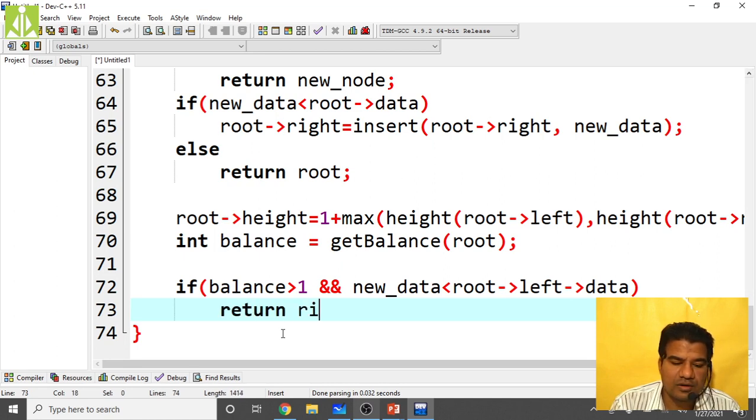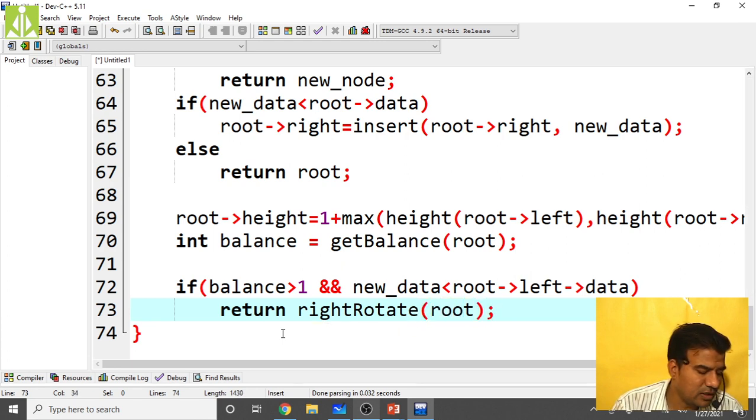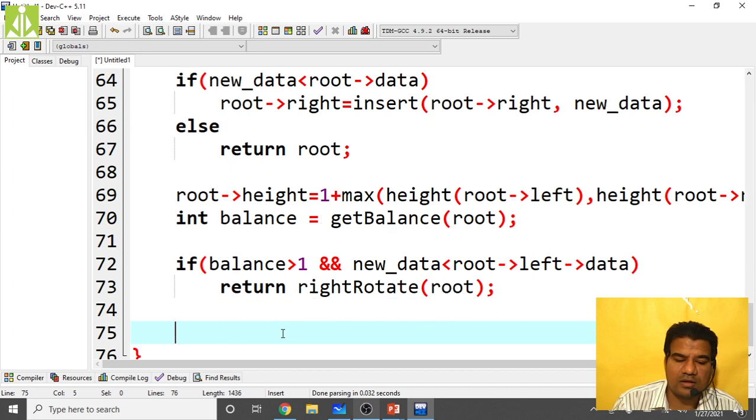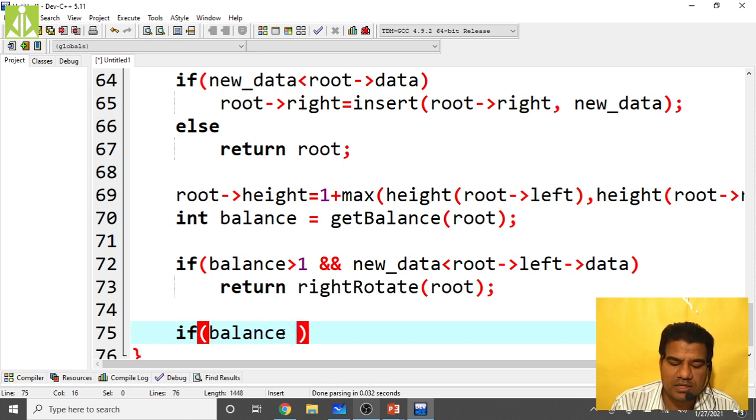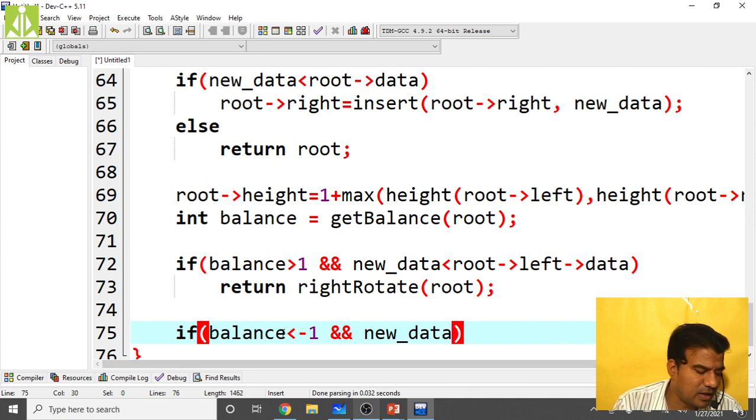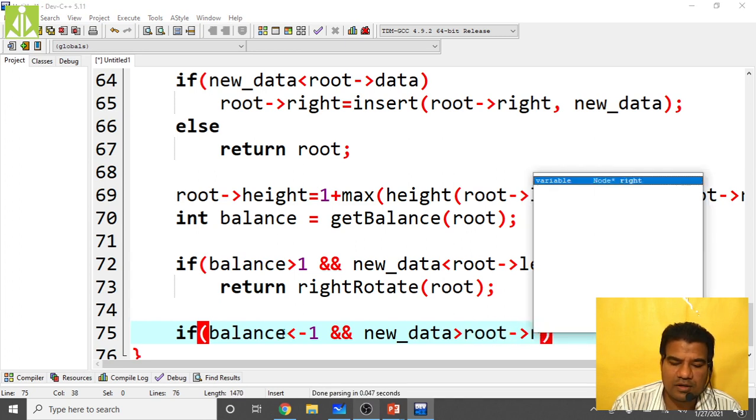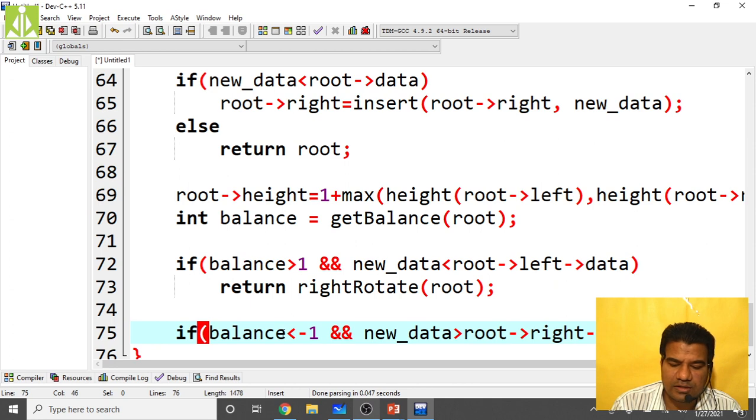Return right rotate of root. That's it. Okay, if balance is lesser than -1 and new_data is greater than root of right of data.